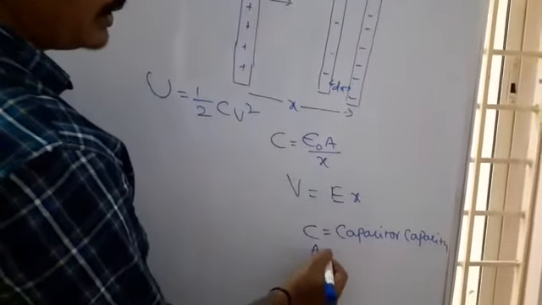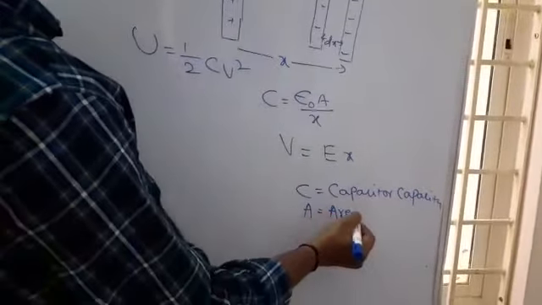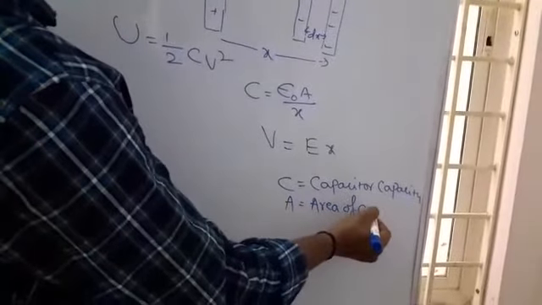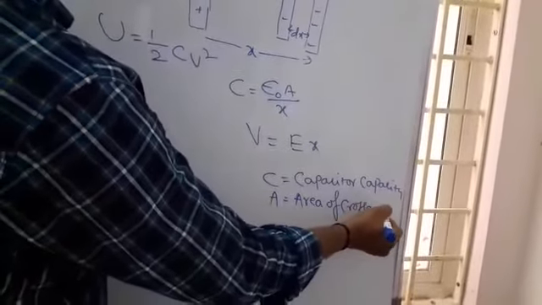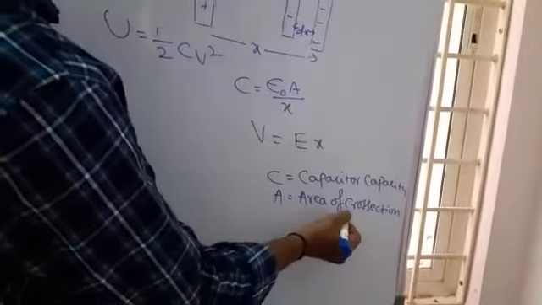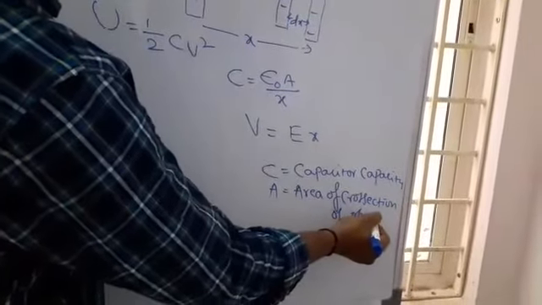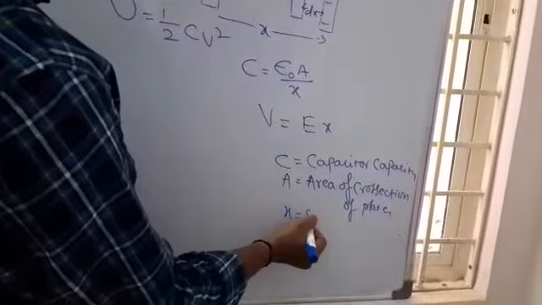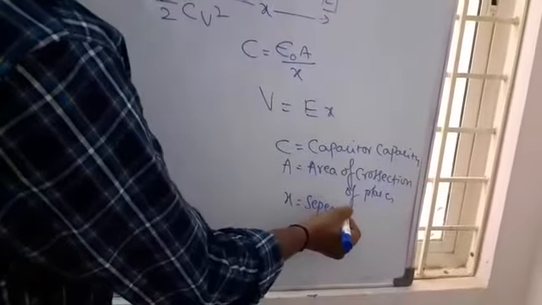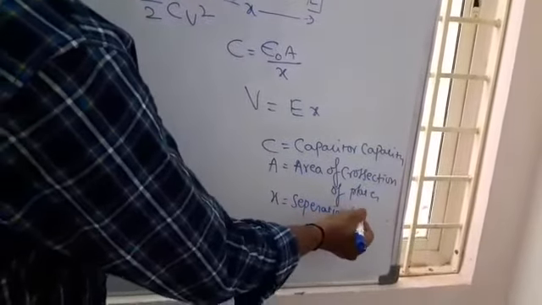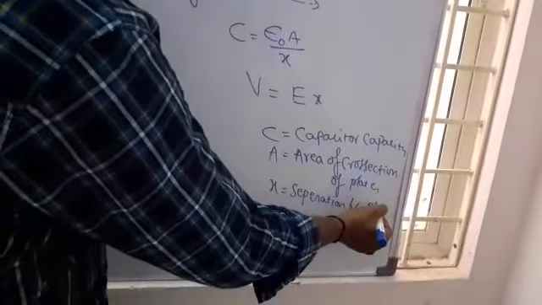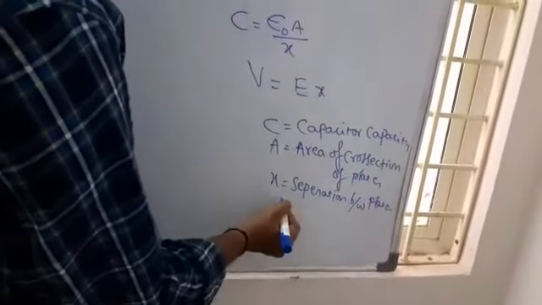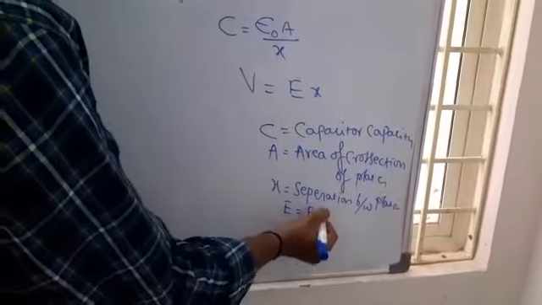Next, A, area of cross section of plates. x, separation between plates. Next, E, electric field